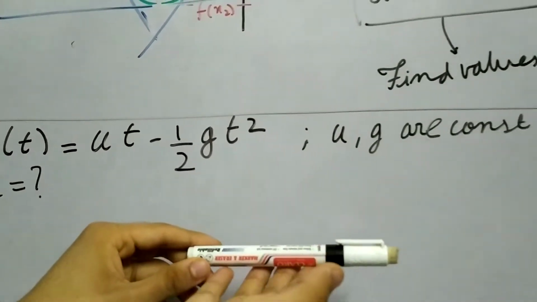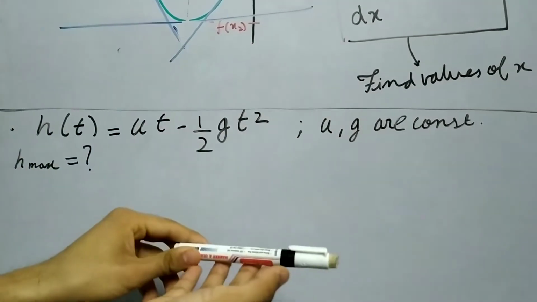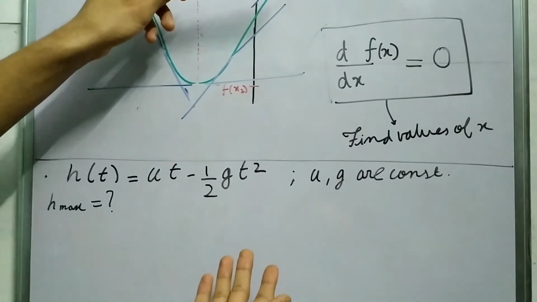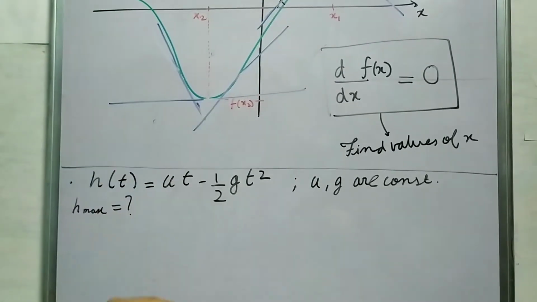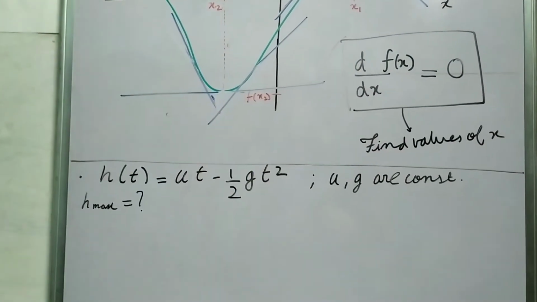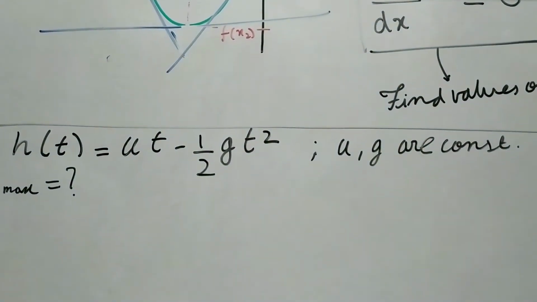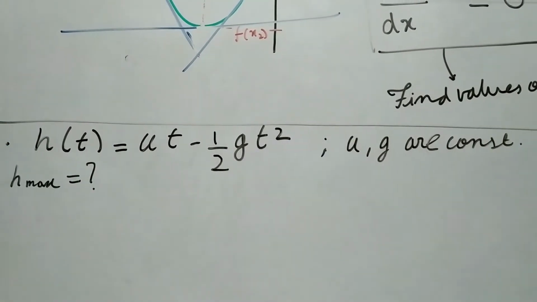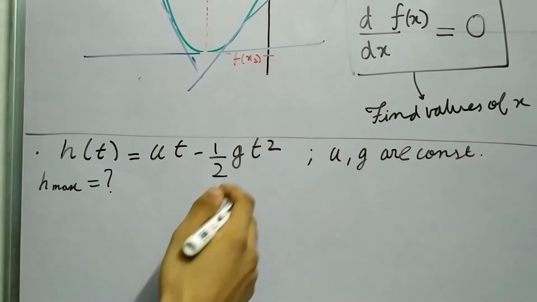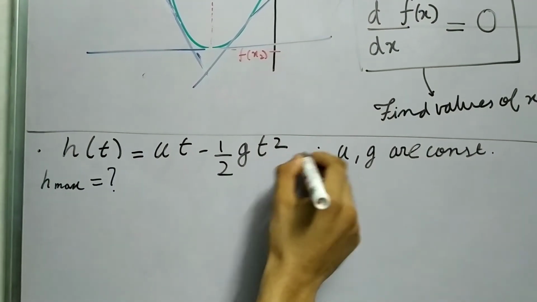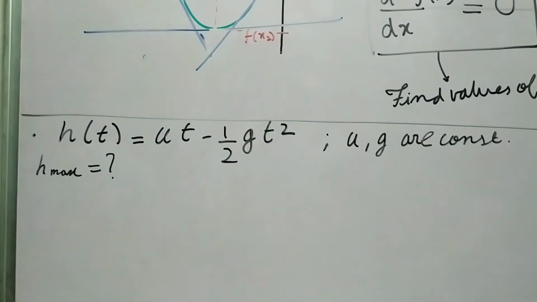Well, if you look at this situation, it's very obvious that your h will go to a maximum value, and then it will start to decrease. So it will first increase, reach a maximum value, and then decrease, right? That's what happens when you throw an object. So we are finding h maximum, and for the minimum it's obviously at t equal to 0, it's just 0. At another value, you want to find where h of t is equal to 0, just equate it to 0, you get a quadratic equation in t, find the solutions. But we need to find the maximum.